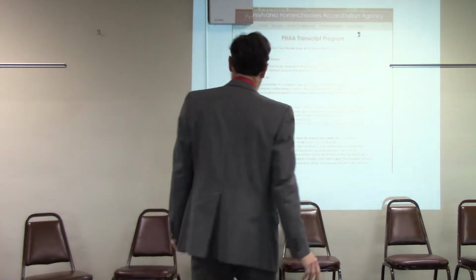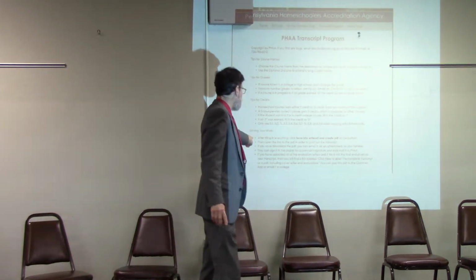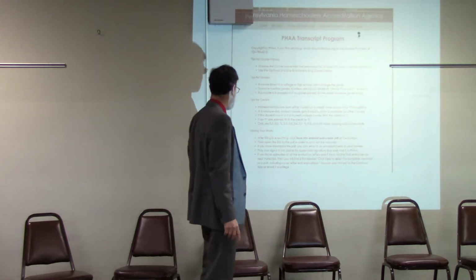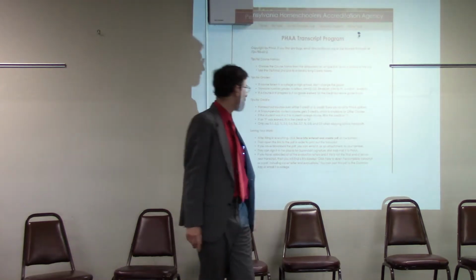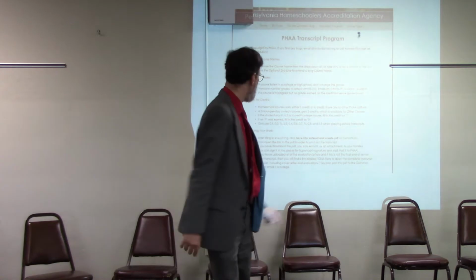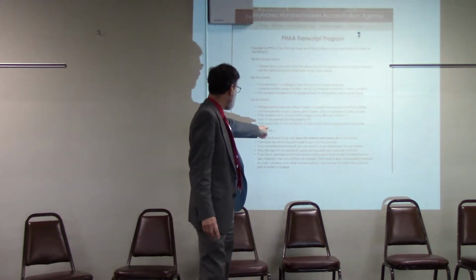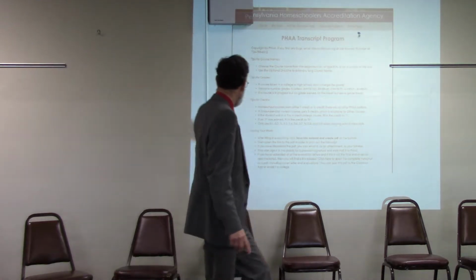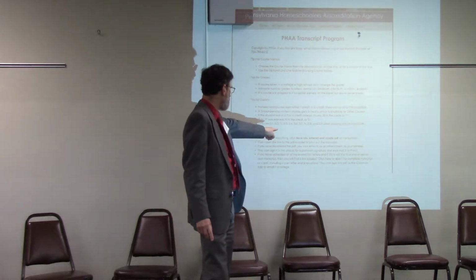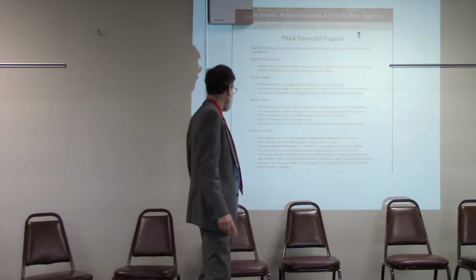And saving your work. After filling in everything, click Save Info Entered and create PDF at the bottom. Then open the link to the PDF in order to print out the transcript. I'm going to show you all of this. If you download the PDF, you can email it as an attachment to your parents. They can sign it in the places for supervisor signature and snail mail it to PHAA.